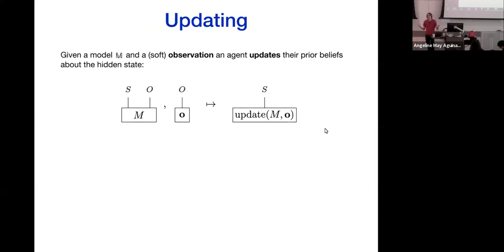So having just talked about the different kinds of generative models you get, let's actually talk about what you do with them now. And the main thing it's all about is updating. This is our backwards process. So we'll just talk about having one of these simple models of some hidden states and some observations, and we get